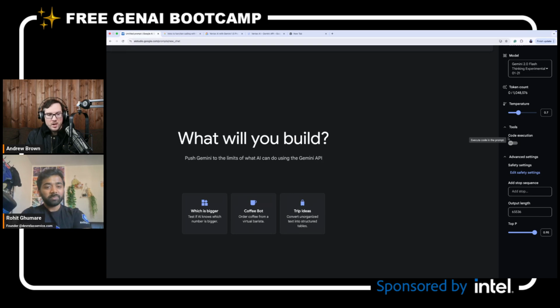And right now, all models are being very generous about making things free, right? But when they're not free, you can turn to open source and run models locally or use cloud native solutions. That's why in this bootcamp we're trying to teach both the managed services and the cloud native services. But yeah.